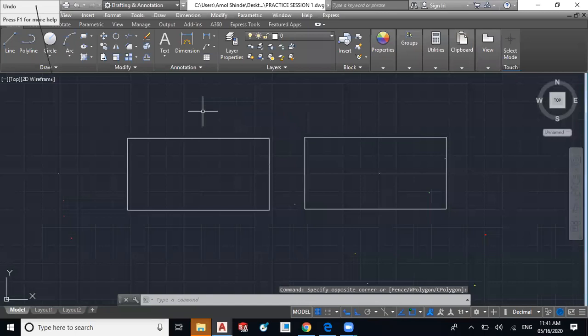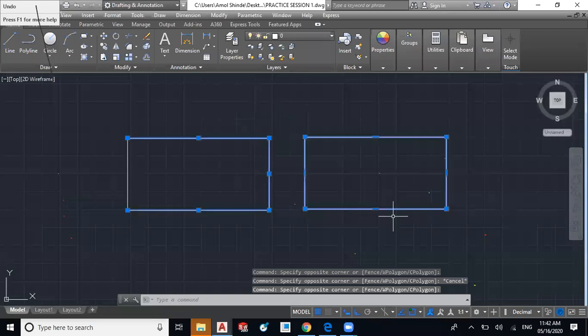Whenever you are creating drawings, if you want to create that whole object as a single entity, then you can use the polyline command. Suppose I have to draw the layout of a shop floor or the layout of a construction plan, then you can use this polyline command. Okay, this is the difference between these two, and this polyline will be used at the time of offsetting. I will show you how to use that offset as well.